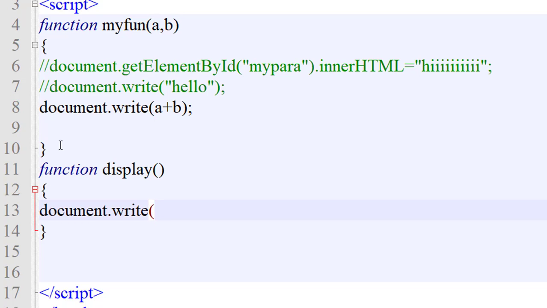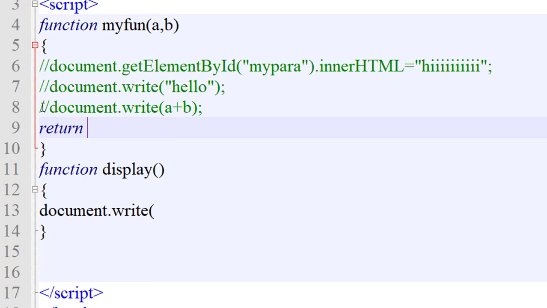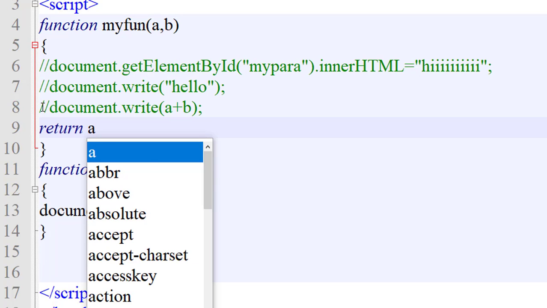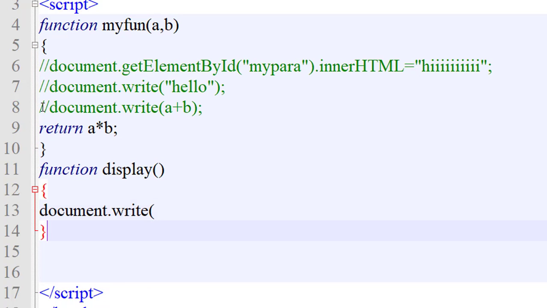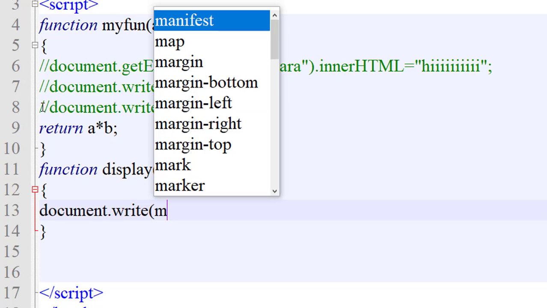Again I will call my function. So I will write only here return A into B. Return A into B. Semicolon. And in document.write I want to call my function.